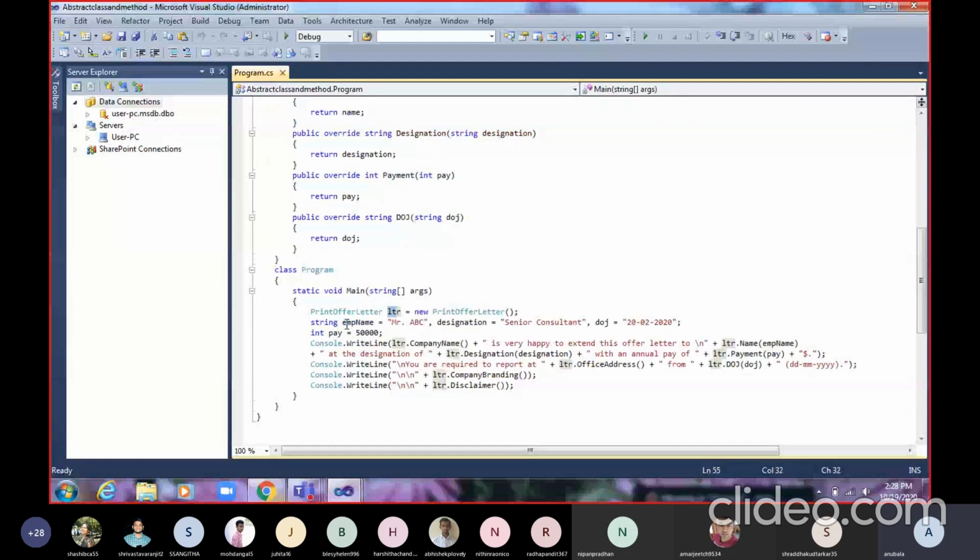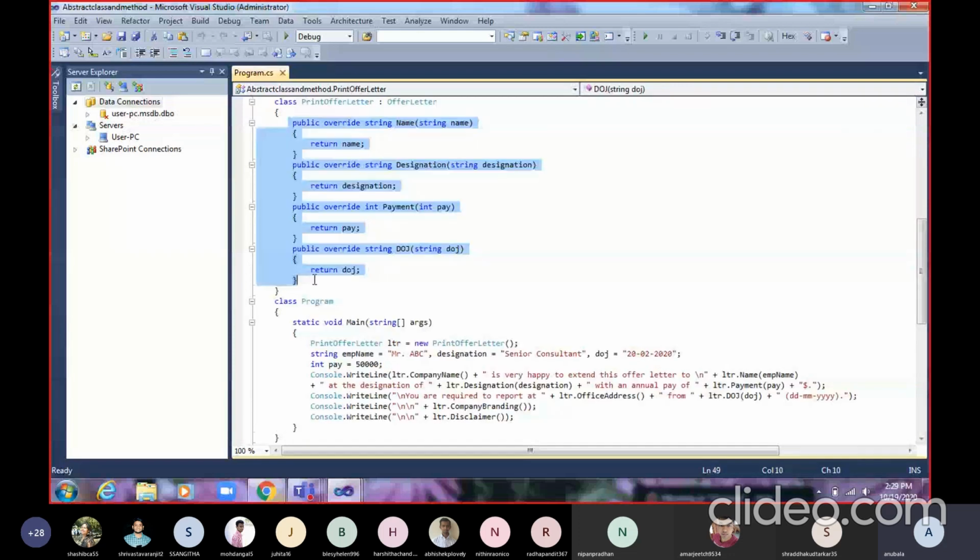Because these four overridden methods receive some values, those values have been defined here: a string type employee name, the designation, which is senior consultant, the date of joining, and the pay, which is of integer type. First, we are calling the company name function, which is the non-abstract method of the abstract base class.